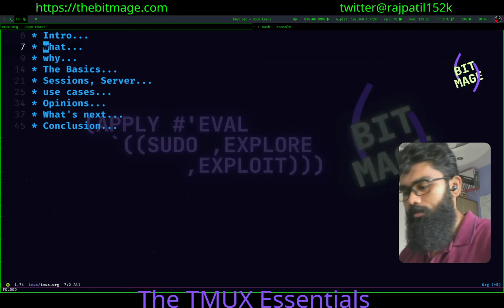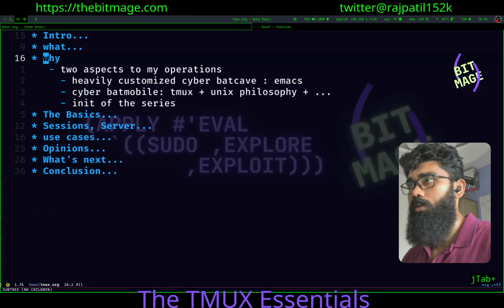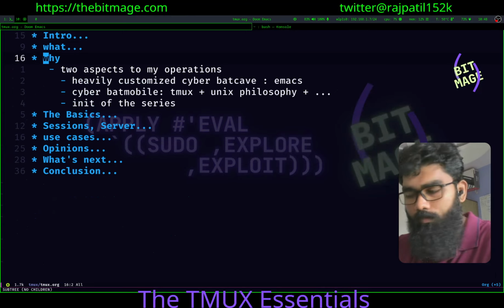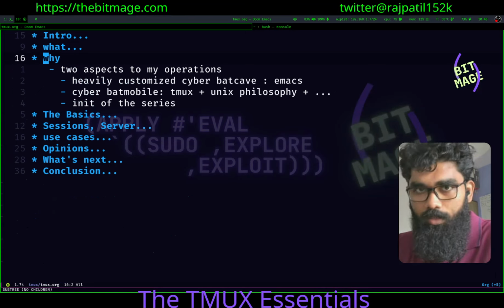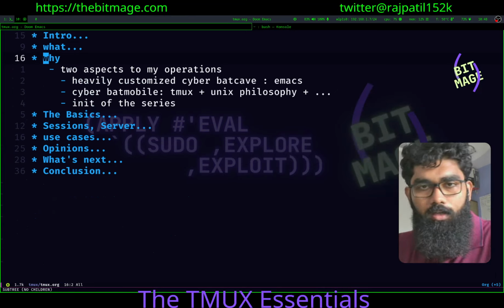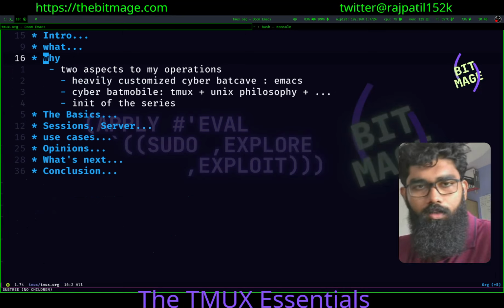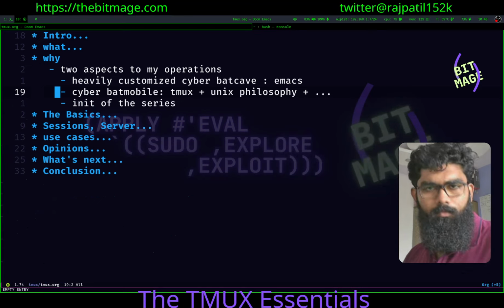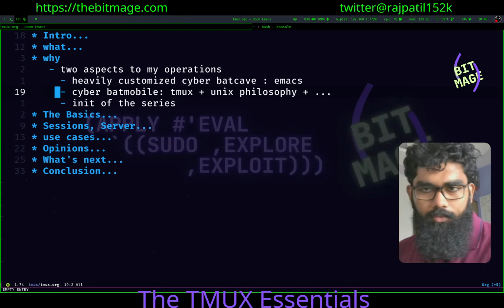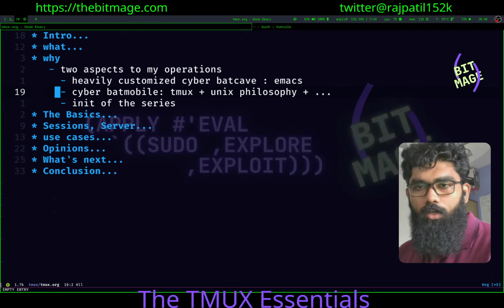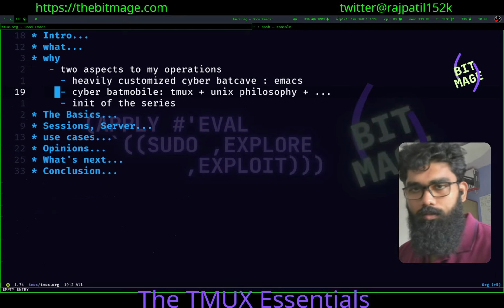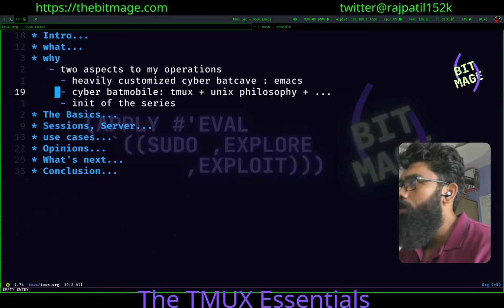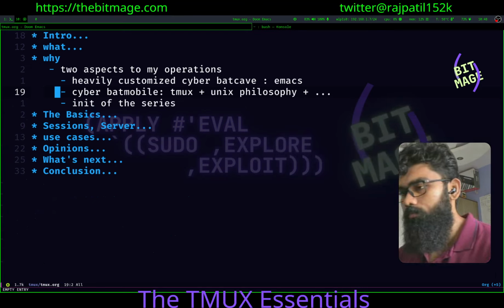And so why am I making a video about tmux exactly? Well, to my operations, there are two basic aspects. My cyber Batcave would be Emacs, and the Batmobile would be tmux, Unix philosophy, Vim, that sort of stuff. So I'm starting out with tmux for now, but then I will talk about Vi and all of the things, parallel, all sorts of utilities soon as well, because I probably spend around 80% of my time locally